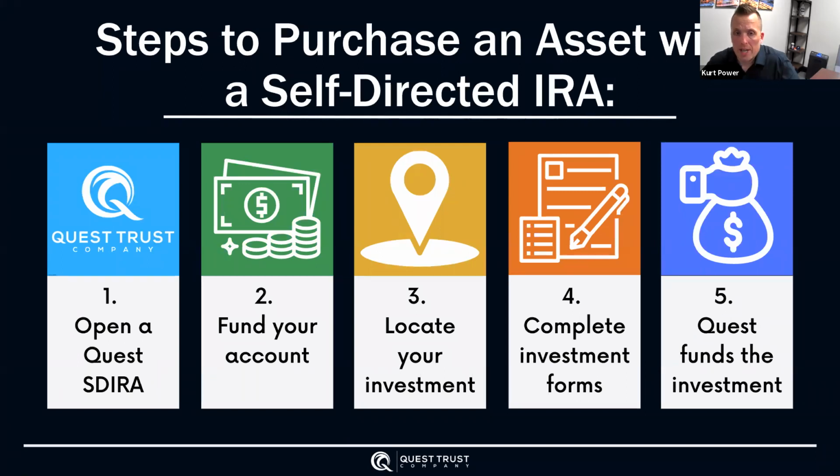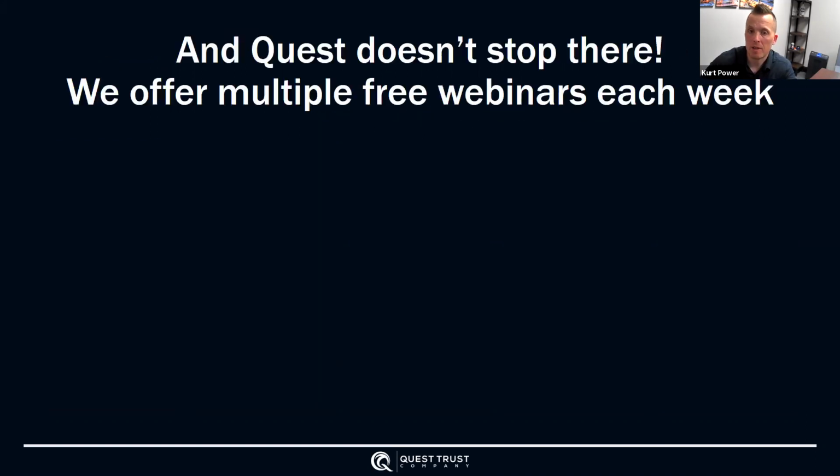So as we wind down here, the steps to purchase an asset with a self-directed IRA. Number one, open an account with Quest. It takes 24 to 48 hours to get the account open. As an IRA specialist, I'm going to be your guy helping you open up the account. I'm also going to help you with the funding of the account. Are we contributing? Are we rolling over? Are we transferring? How are we funding it? I will help with that. This is where the entrepreneur in you has to come out, locating your investment. Once you've found that, you complete the very specific direction of investment forms, which gives Quest the legal obligation to fund the investment on behalf of your IRA.